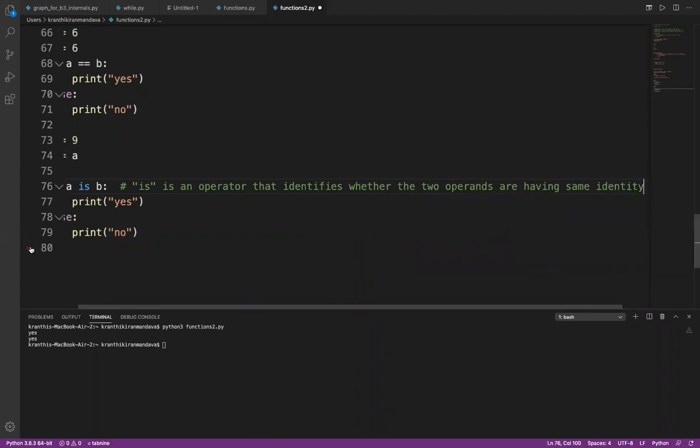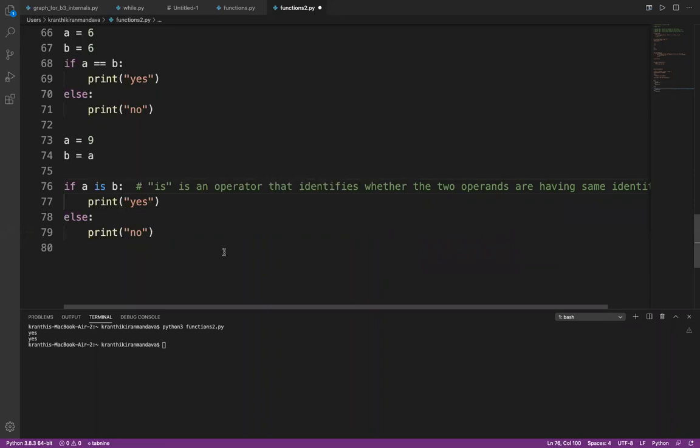Okay, right. So what are the operands here for is? A and B. A and B are the operands. If you write A plus B, plus is the operator and A and B are operands. If you write A slash slash B, that is the integer division, slash slash is the operator and A and B are the operands. So this is what about the membership, and I want